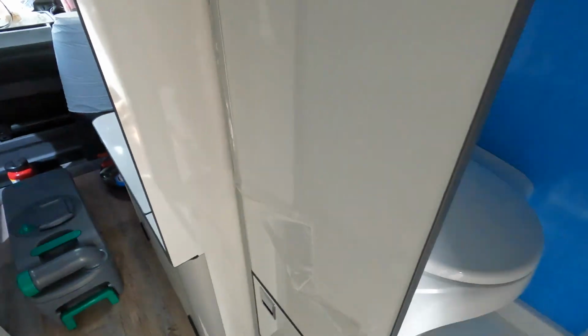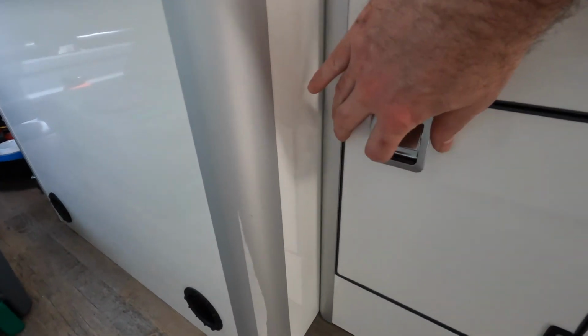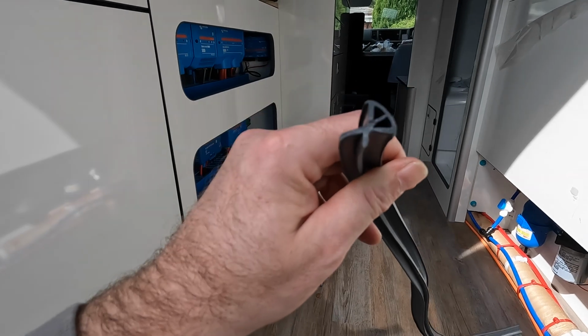I've also fitted this, and basically it's just, your cassette goes in there for the toilet, but I'll tell you what, they give you this C-trim stuff, and it's supposed to put like a seal round it. Can I get it to fit? No chance. So this stuff, right, see, it goes in like that, it's an angle, and you've got like